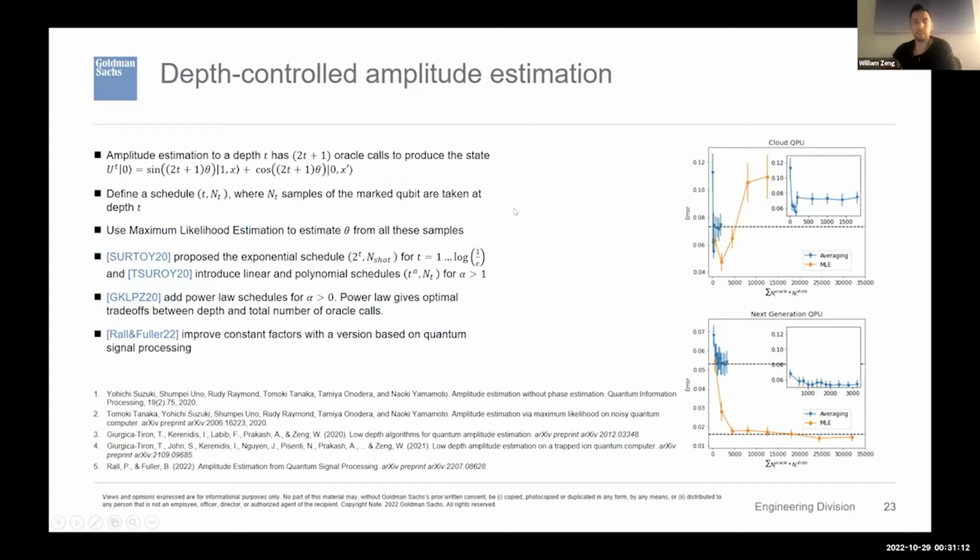So if you want to think about this as a benchmark, then you now have a sort of depth-controlled amplitude estimation where you can ask, for some hardware, what is the depth at which I stop getting useful sampling out of the quantum computer, and I should stop. For some amount of noise that you have, there's some depth at which you should just start sampling classically, because if you keep adding more, you're going to get a bunch